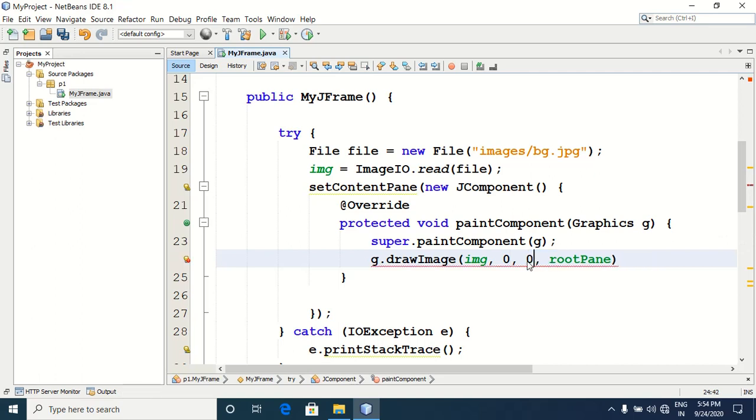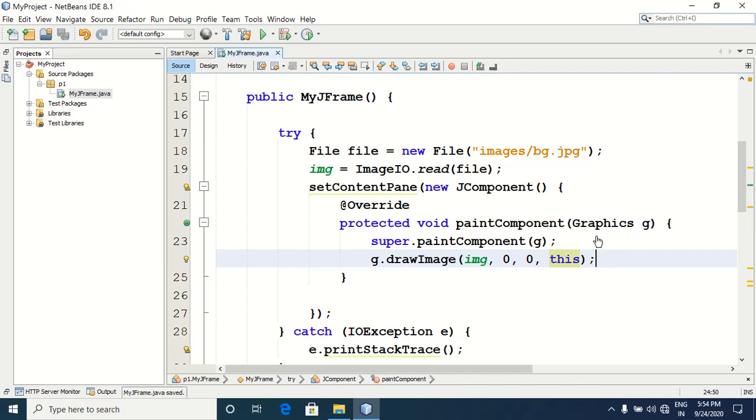Here I am giving X and Y coordinates 0, 0 because I want the image to be drawn from the left top 0, 0 coordinate. Okay, from the starting of the left top corner you can say. And then here you give the observer name, that I am using the same current object, so write this over there. Okay, this is the code to draw the background image in your frame.